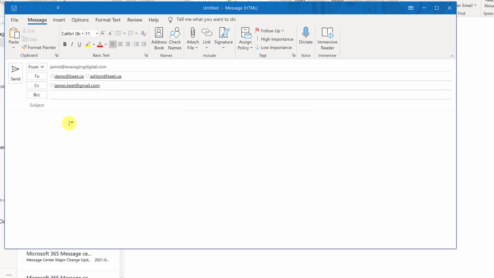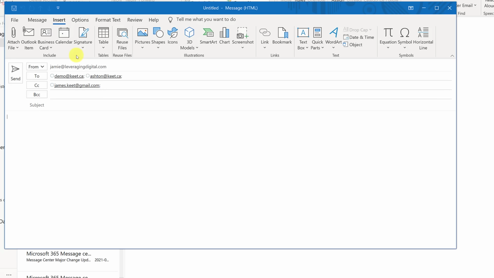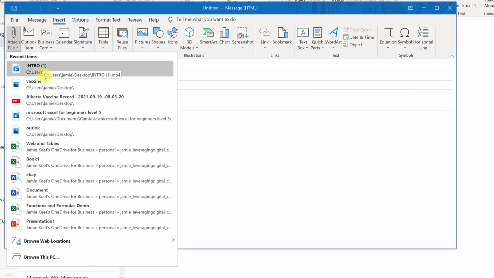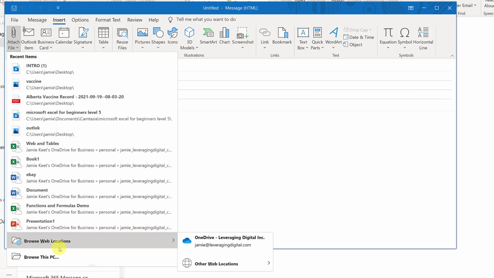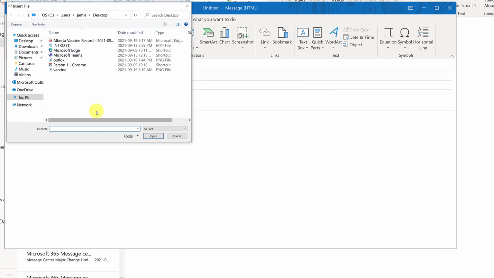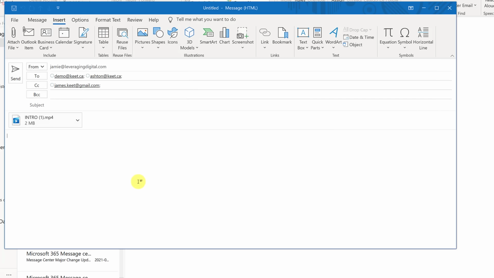Now let's say if I wanted to attach a file to here, you'll notice under the insert, you get a number of different things that you can put inside this email. I can attach a file. I could go grab it. I could go from this, browse from this PC, browse from my OneDrive right here. So if I go to my PC and I just was going to grab this little video here, 2 megabytes. When I send this email, that will be attached